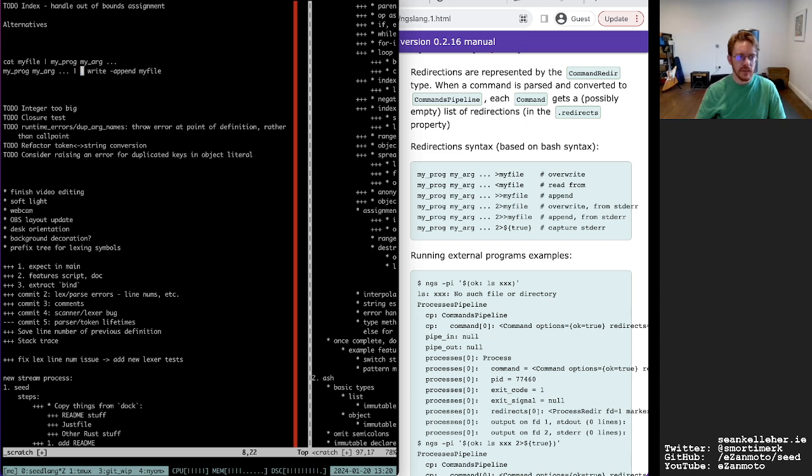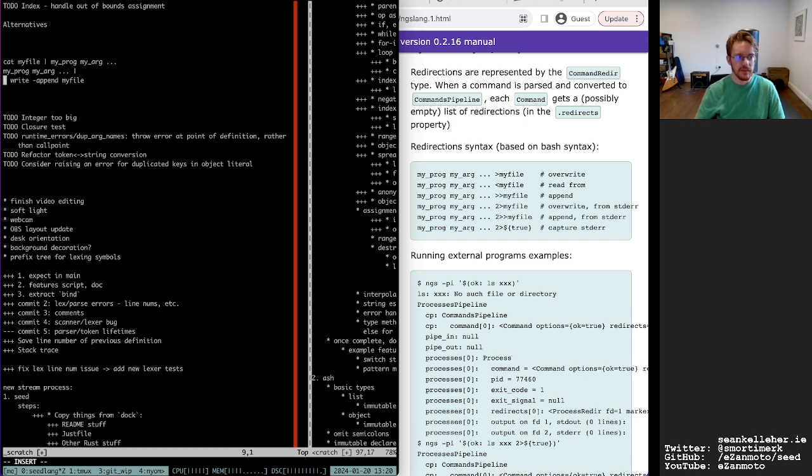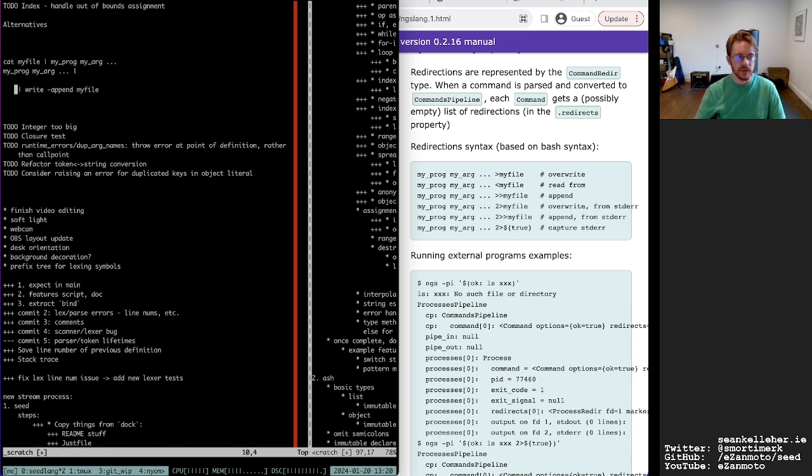So maybe in my language you would define a different post process for the different pipelines like this. So append my file, or .error, something like that.